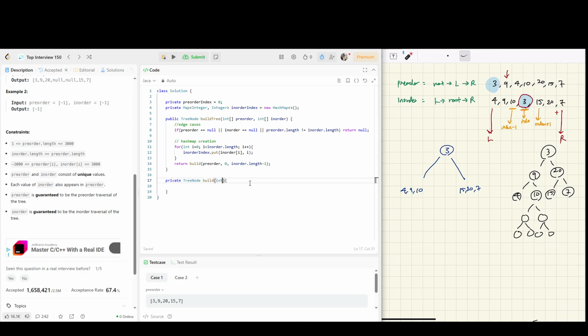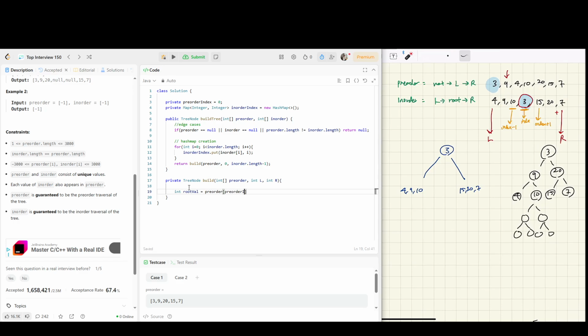So we do need an int array of preorder, and then int L, and then int R. First of all, we are going to get the value of preorder. So it will be int rootVal is equal to preorder dot